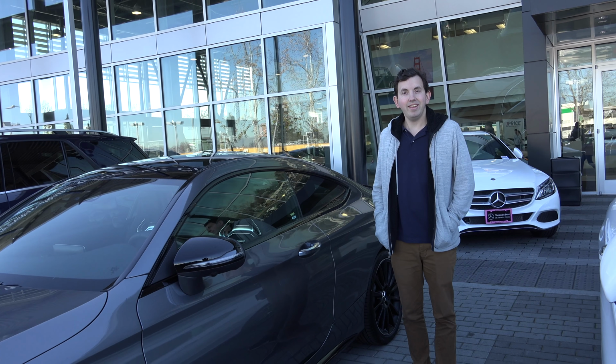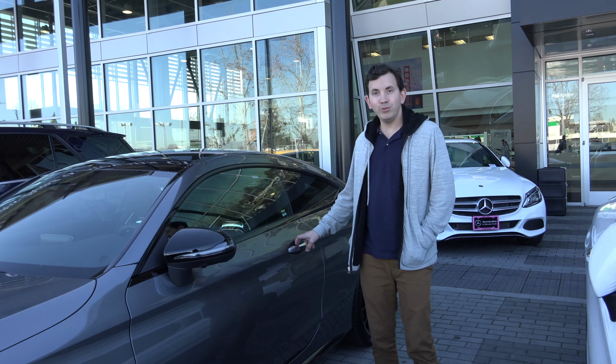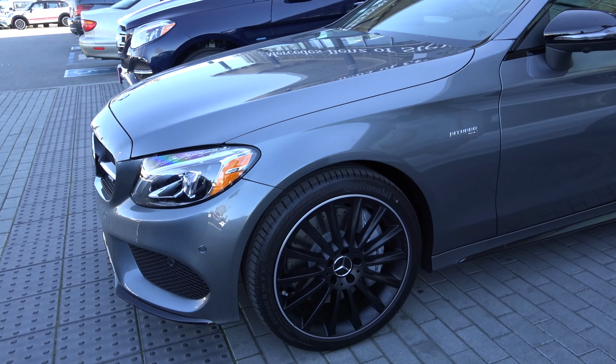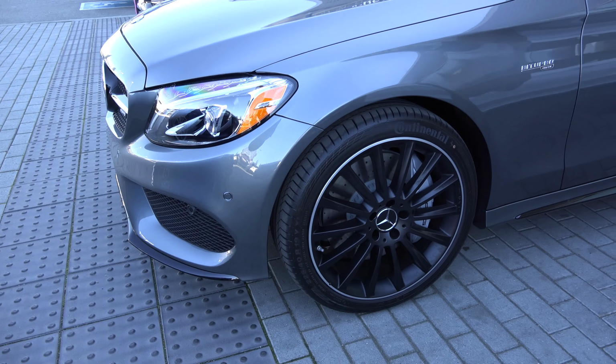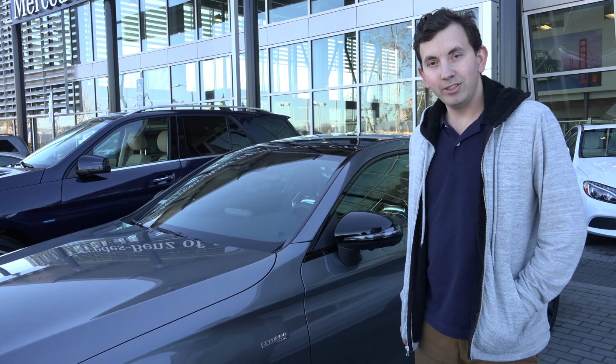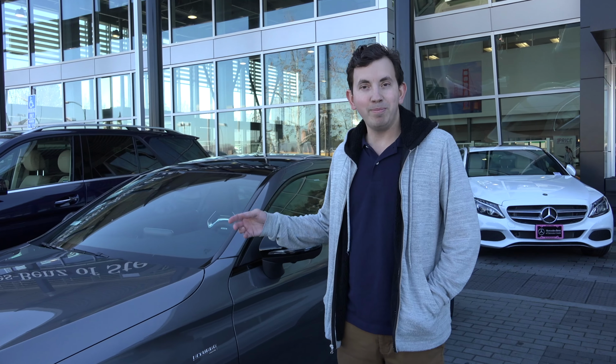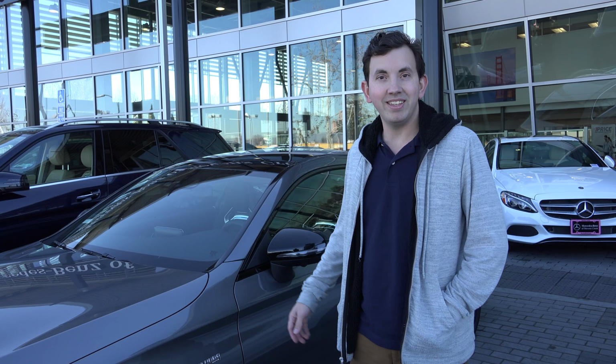Cars in 4K. Picking up my new C43 Coupe. It's the Night Edition package and with the Selenite Gray, so it should be pretty fun. Right now I'm gonna go drive it for a couple miles and then have to park it because I have